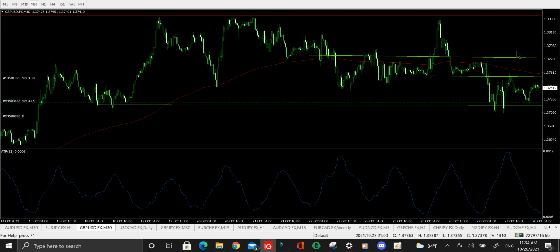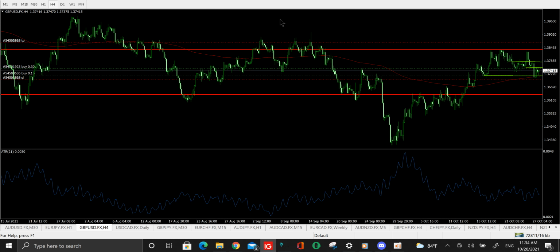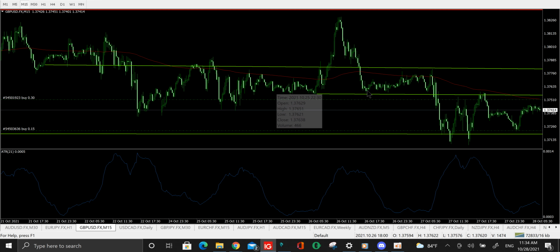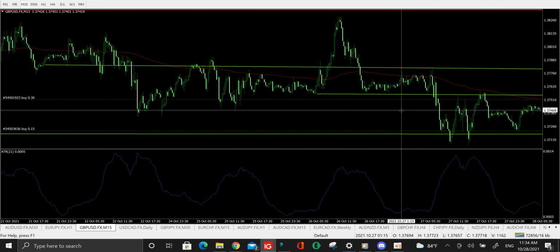So GU, although I do believe it's going to go up, as a day trader, I have to control my positions and take it day by day. And for the next day or two, I do not believe that I'm going to see that breakout that I want. So I'm going to look to close this out at some point before London session, and I'm going to just take whatever profits or losses.